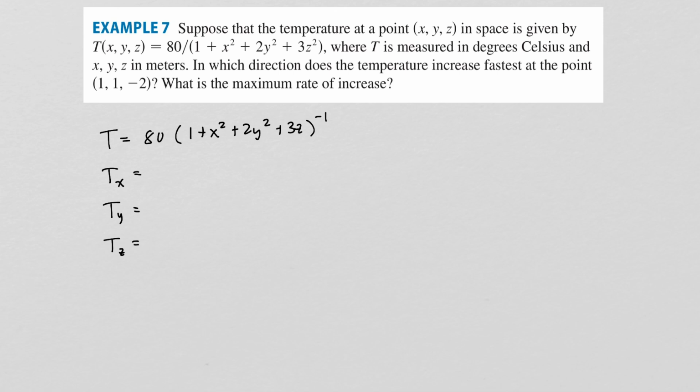The first one is going to give us negative 80 times (1 plus x squared plus 2y squared plus 3z squared) to the negative 2, times the derivative of the inside. With respect to x, all the other derivatives are 0 except for this one, so that's just going to be 2x. On to the next one, T_y is going to be negative 80,